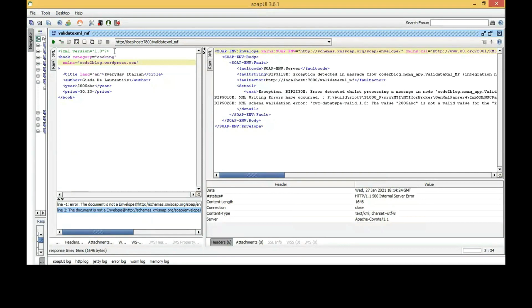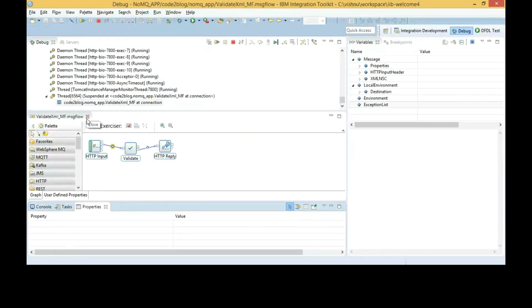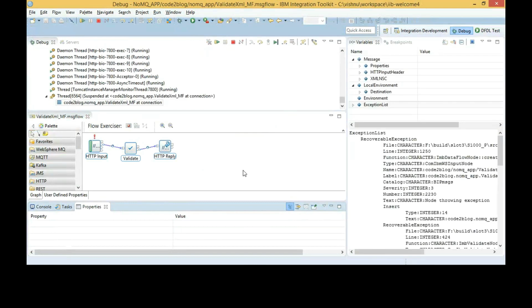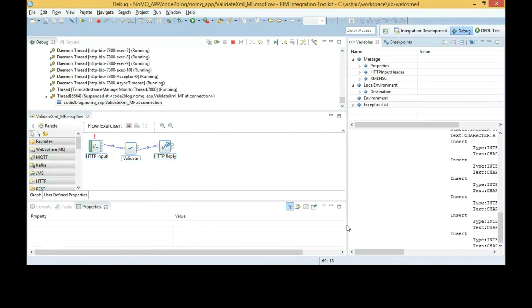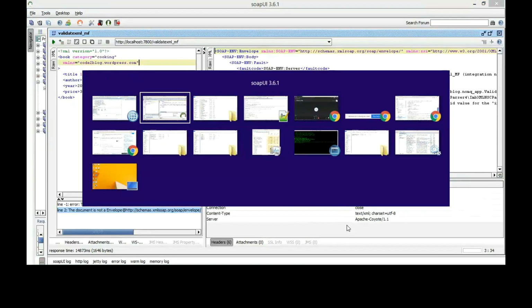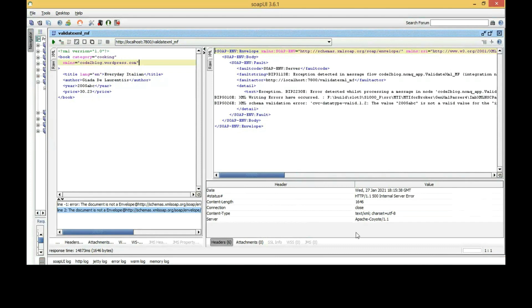First, let me take the project into debug and see where the failure occurs. On HTTP input node, the failure does not occur because you have not set the parse timing to immediate and validation to content and value. This is why the failure occurs at validate node.